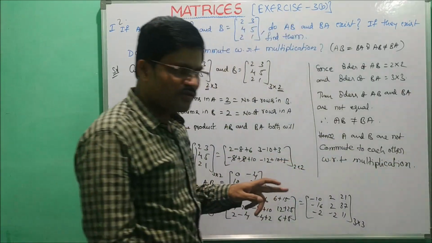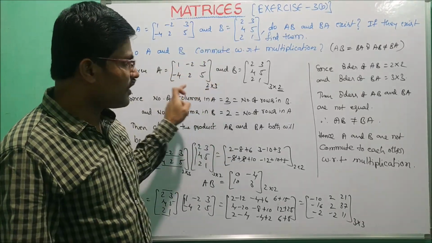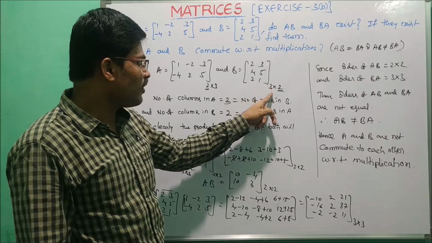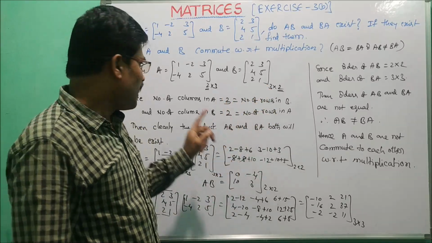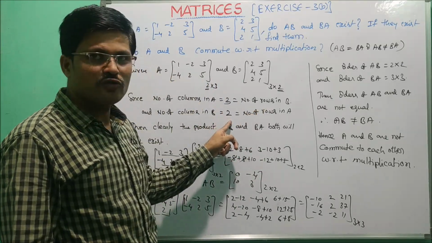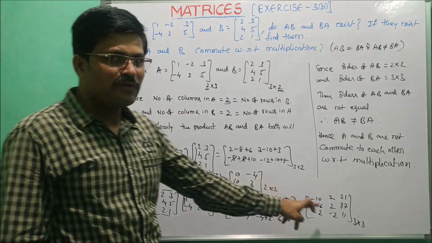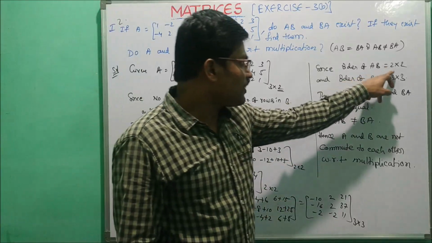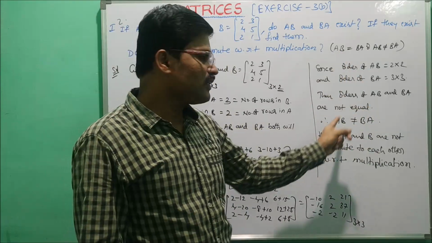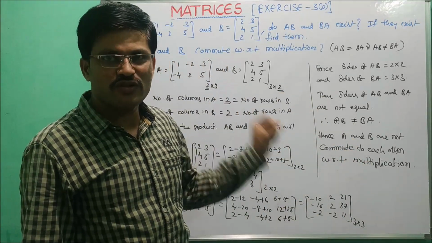So this is the solution for this question. Here we have to observe, first of all we take two matrices. Now we observe the orders. For both AB and BA, the columns of A and rows of B are equal, that is 3, and the columns in B equal the rows in A, that is 2. Now both AB and BA exist. Then find AB and BA. Now we observe the orders, and to check equal matrices, the first condition fails. Therefore AB is not equal to BA. That means the matrices A and B do not commute with each other with respect to multiplication. This is the solution for this question. Note down.